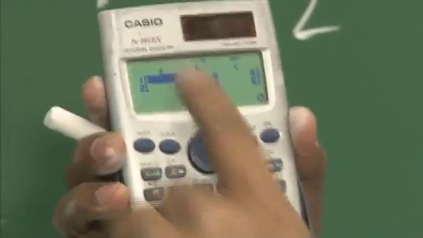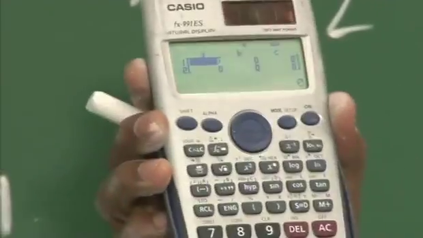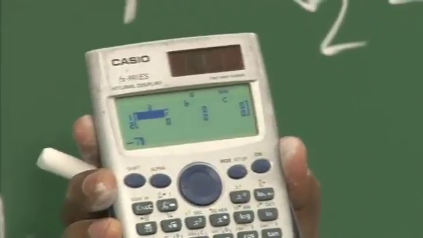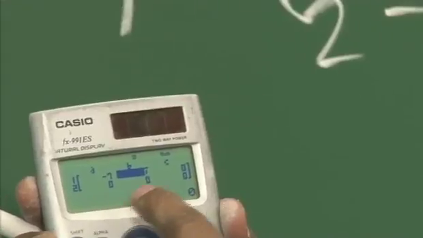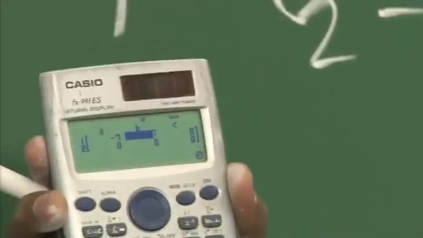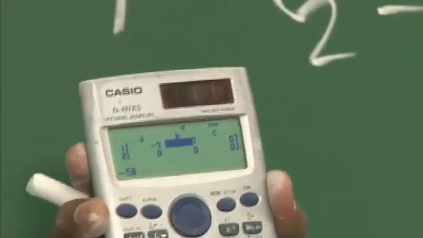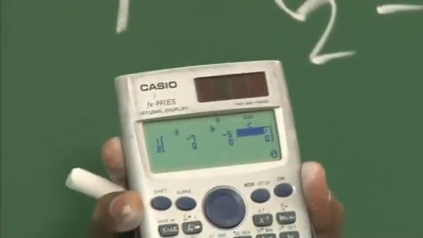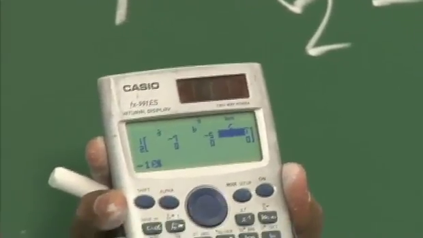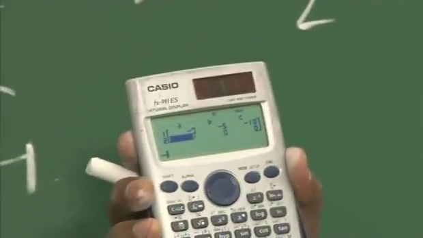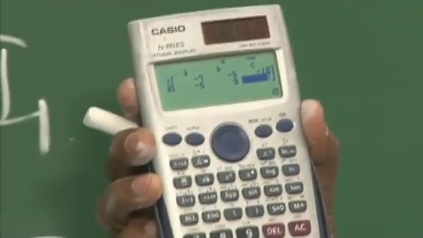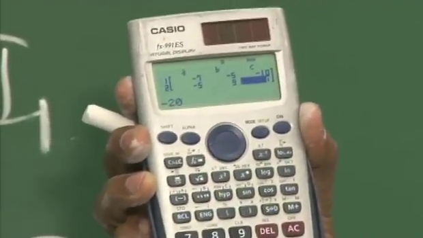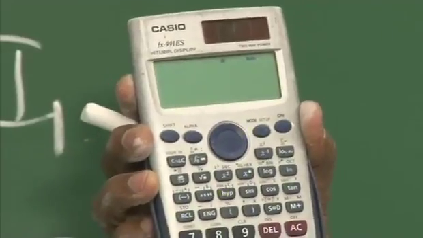Press, say, A is equal to 7, equal to, it doesn't call for any other value, but the display shifts to B. B is nothing but minus 5, equal to, then minus 10, equal to, then go for the other one, minus 5, equal to, 9, equal to, minus 20, equal to, will give you